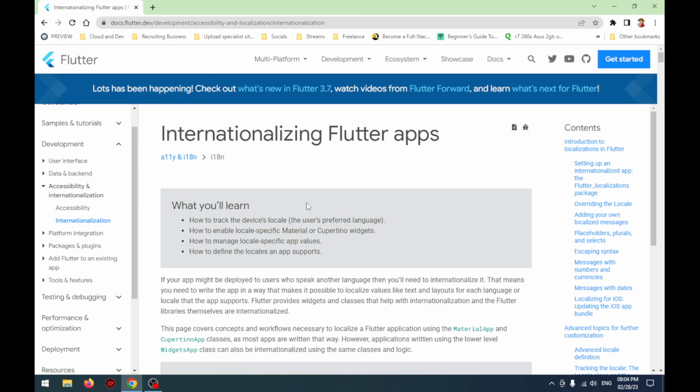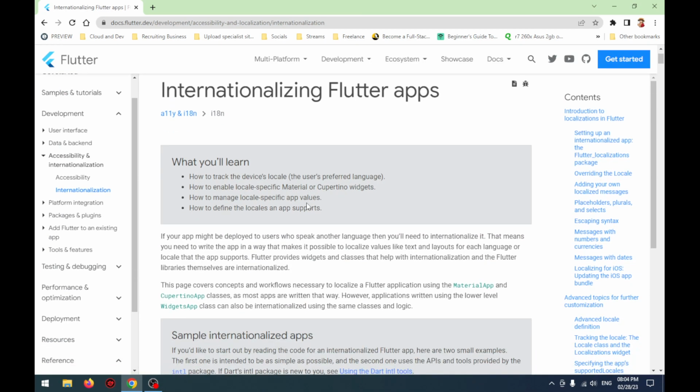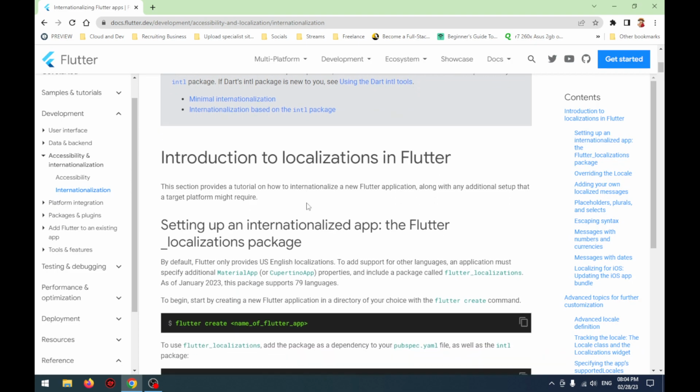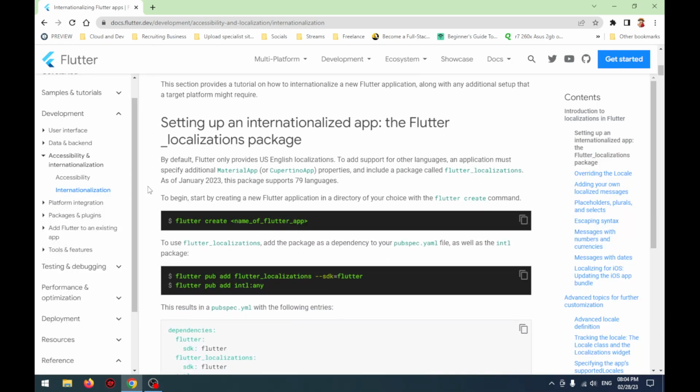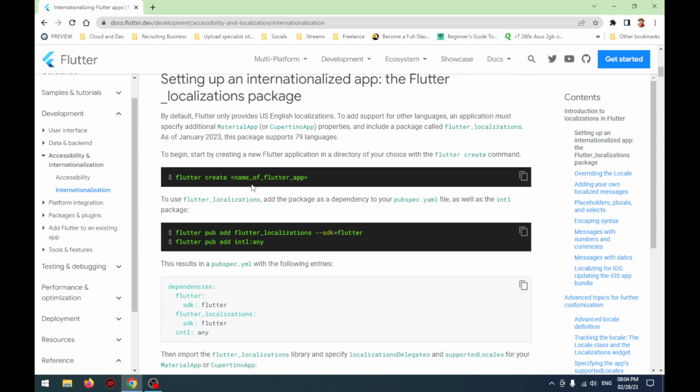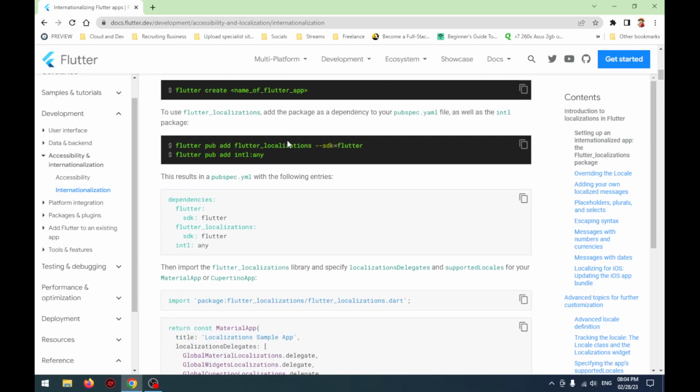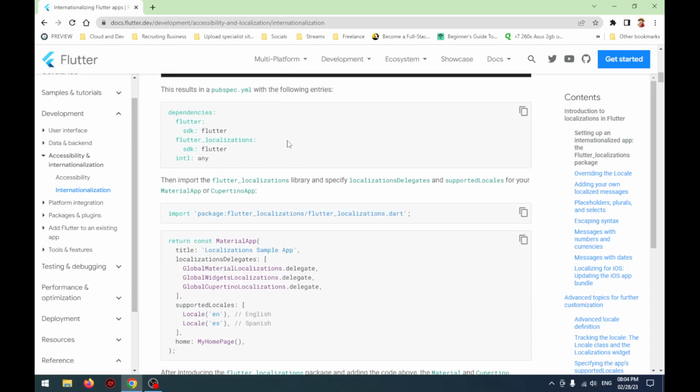Internationalization. I believe this will come with language and time. Setting up an internationalized localization package. Flutter localization as of January 23, this package supports 79 languages. I'm not sure how this language choosing is going to affect the app, because you see, English, Spanish. If they choose Spanish,